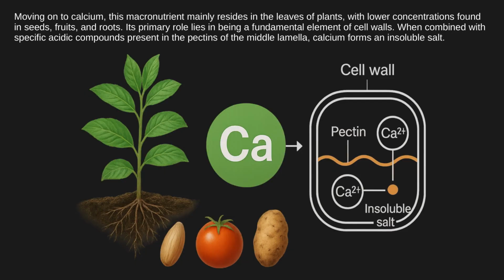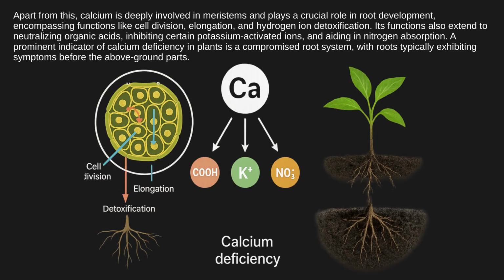Moving on to calcium, this macronutrient mainly resides in the leaves of plants, with lower concentrations found in seeds, fruits, and roots. Its primary role lies in being a fundamental element of cell walls. When combined with specific acidic compounds present in the pectins of the middle lamella, calcium forms an insoluble salt. Apart from this, calcium is deeply involved in meristems and plays a crucial role in root development, encompassing functions like